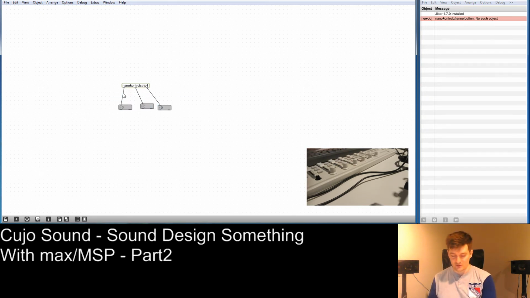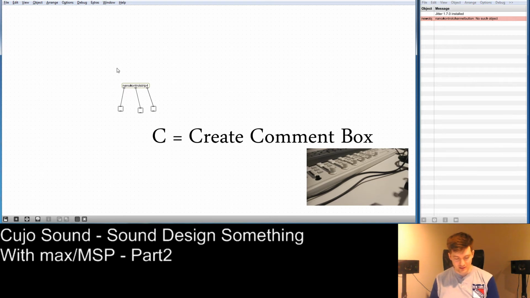You can always just delete these and use these toggles to come in here and then say what they do. Now if you don't remember which one did what, then you can always hit C for comment and write that this is Nano Control